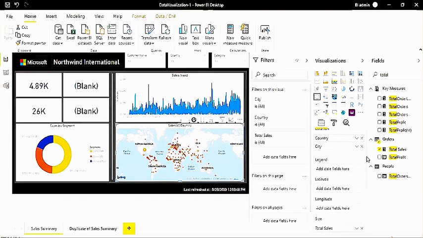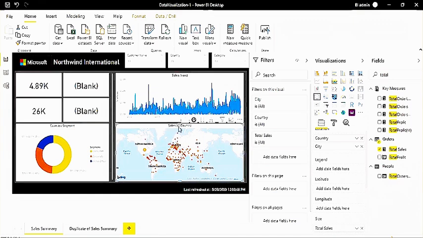Initially Microsoft just added conditional formatting for the table and matrix visual only. But now every month Microsoft is rolling out this functionality for a lot of things. Like let's say this sales by country, you want to change the title, the name of this visual based on conditions. You want to change the colors, you want to change this and that, right?